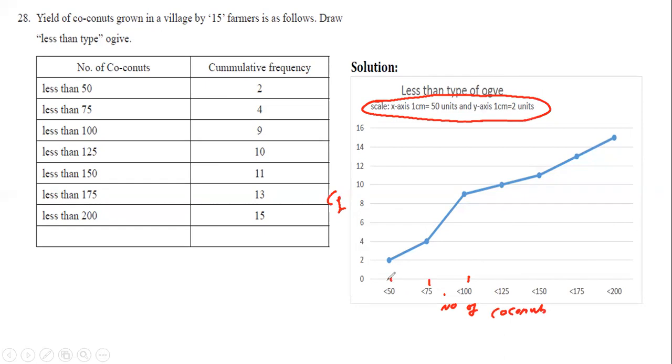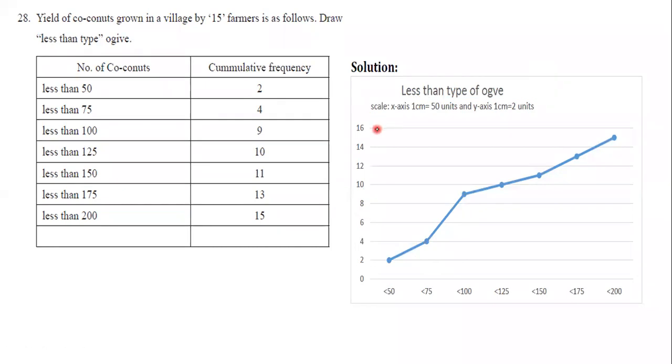Now less than 50, cumulative frequency is 2, mark the point. For less than 75, 4, mark the point. Less than 100, it is 9, mark the point, and join all the points. This is a less than type ogive graph. I hope all of you understood this one. Next sum,